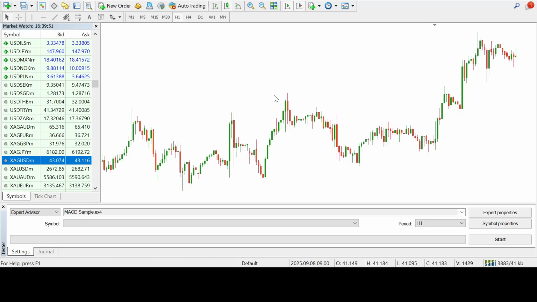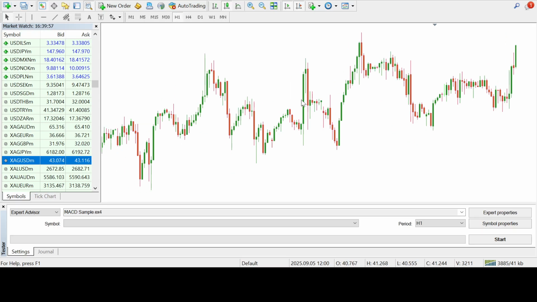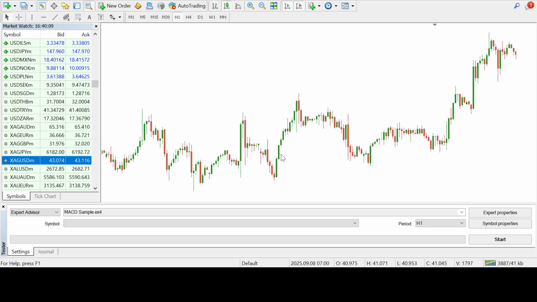Now, there are some pros and cons, and we need to look at these pros and cons of the MT4. The first pro is that it is an extremely stable and reliable platform. Secondly, huge community support and educational resources. The third pro is thousands of custom indicators and expert advisors available. The fourth pro is that it works well on old computers and slow connections. The fifth, the last and not the least pro for using MT4 is the mobile app maintains the full functionality